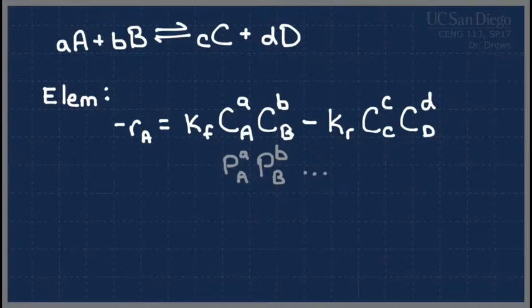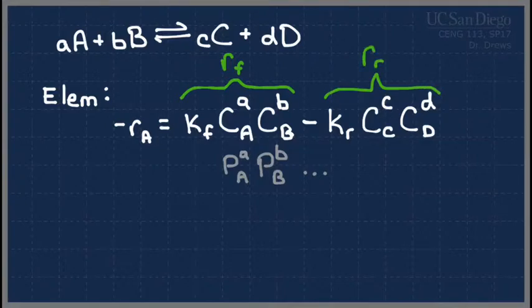This term, the first one, we would refer to as the forward rate, R sub F, and the second one is R sub R, the reverse rate. Some people use backwards or -1 or something like that. The forward rate is saying what's the rate at which the reaction is moving forward as we've written it. If you ever end up with really weird signs, it's probably just because the reaction is actually going in the other direction. But at any rate, when you have equilibrium,